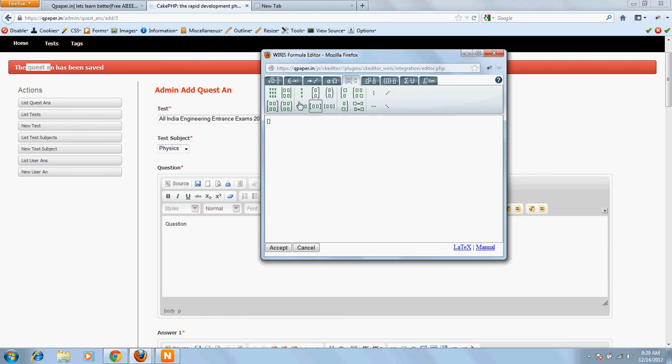Now if you have to create an array, I can click on this and it will ask which kind of array you want, and I can choose this. It will ask if you want a 2 by 2 array or a 3 by 3 array. I'll take 2 by 2, and then inside the boxes I can give the values. This will create an array for me, and if I want to give integration, I can choose it